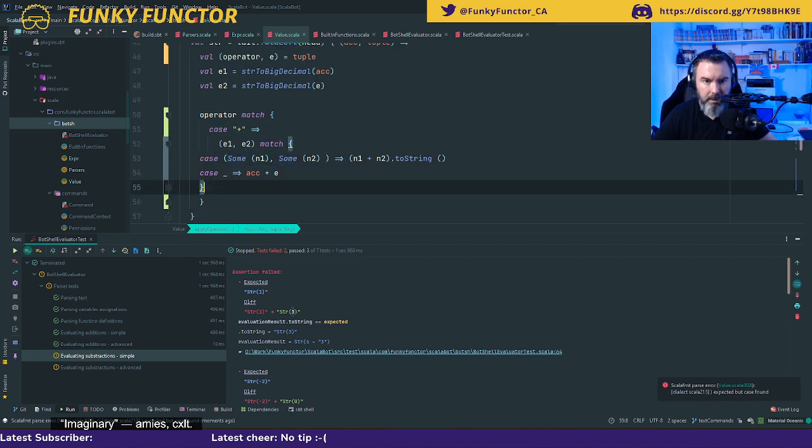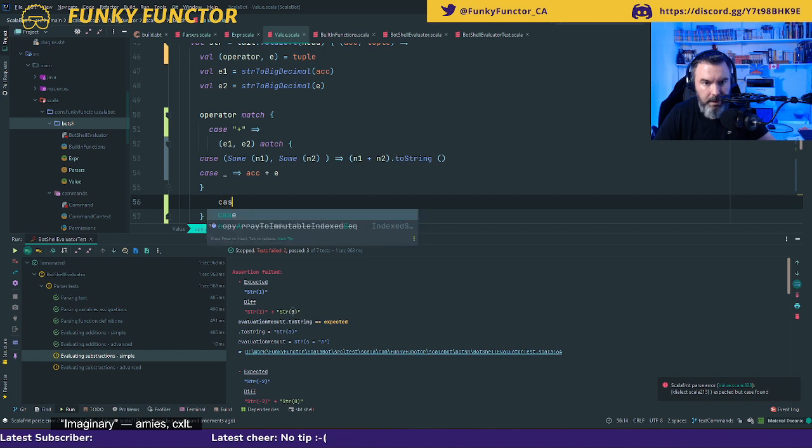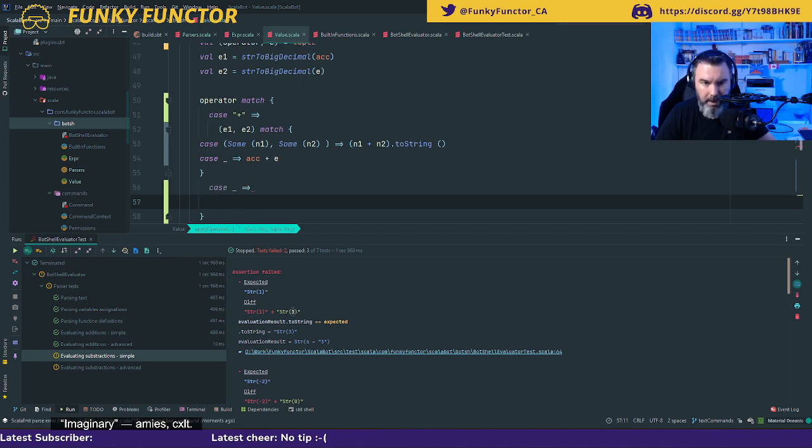Oh, I have some, and if my case otherwise, I am in my otherwise I am in a subtraction, so let's do the same thing again. E1, E2 match.